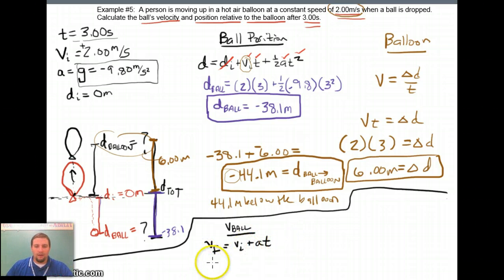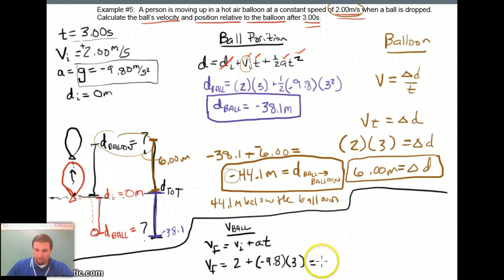Okay. Final velocity of the ball. This is relative to the ground, or relative to being still. Okay, the ball does have an initial velocity of 2. Again, what's its acceleration? Its acceleration is going to be the acceleration due to gravity, which is negative 9.8. And how long does it fall for? Well, it falls for 3 seconds. Okay. If you multiply and add those together, you get a negative